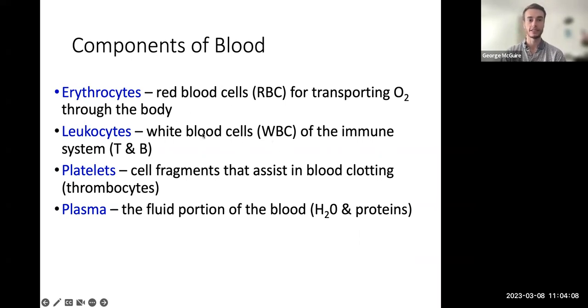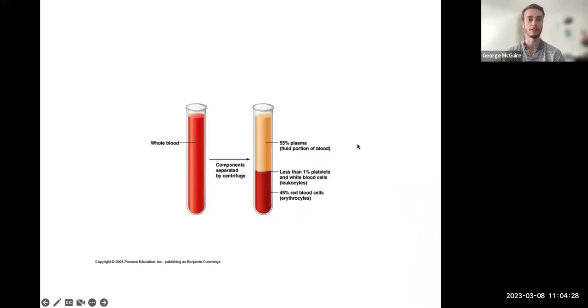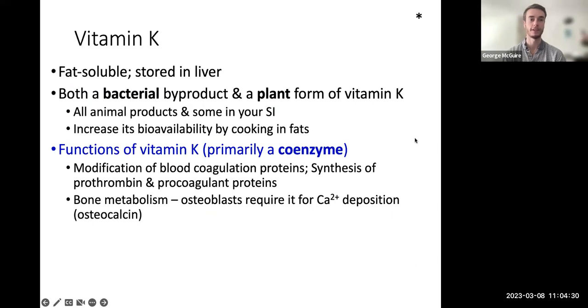Leukocytes are our immune system cells, as well as platelets, and there's many other cells that we're not mentioning here, or more specifics, getting into T and B cells, etc. But general categories here: leukocytes are our white blood cells, which have a role with the immune system. Platelets play a role in our blood clotting, and then the plasma is that fluid portion, like I said, water and free-floating proteins. Right. So vitamin K, our first fat-soluble vitamin that we're addressing here, plays a big role in